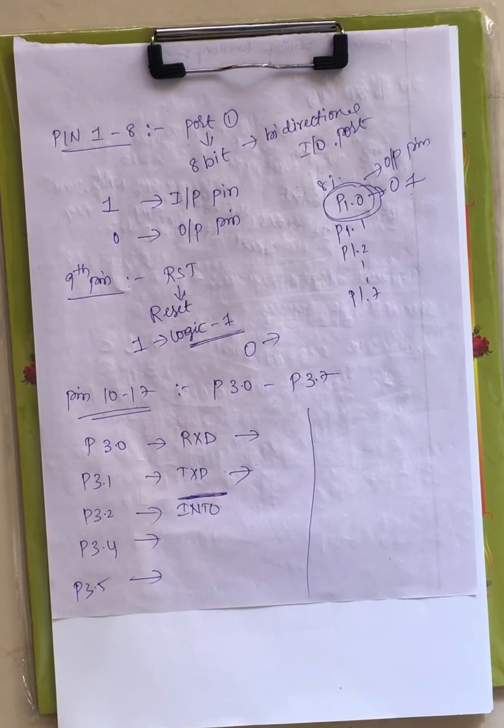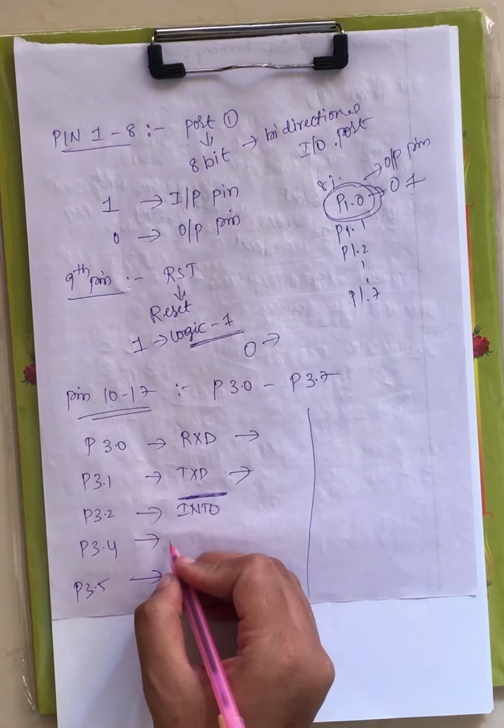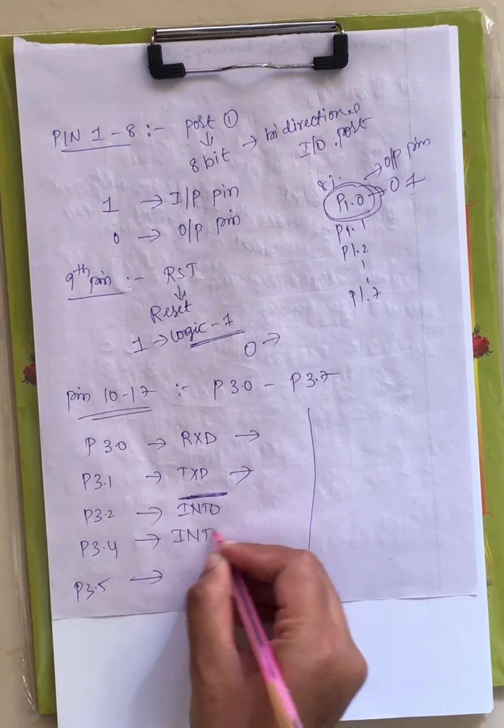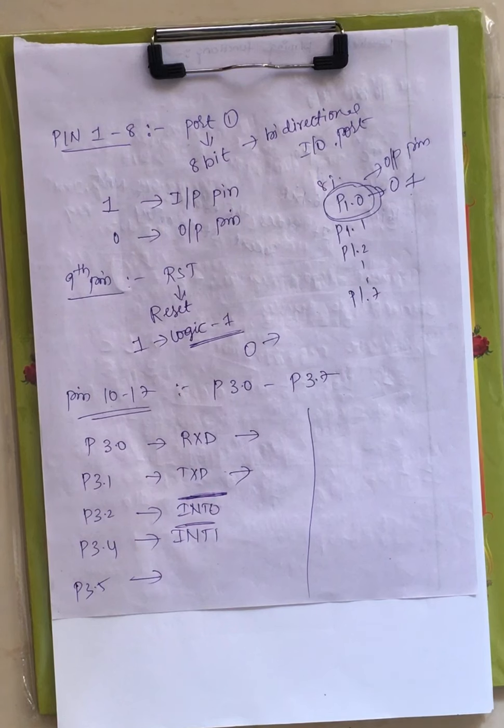Now coming to interrupt, what is meant by interrupt? We have seen this under 8085. Now 8085 has how many interrupts? 5 interrupts: TRAP, RST 6.5, RST 5.5, RST 7.5 and interrupt signal INTR. There you have 5 interrupt signals, but the microcontroller has only 2 interrupts, interrupt 0 and interrupt 1. Interrupt 0 is provided at port 3.2 and interrupt 1 is provided at port 3.3, right?